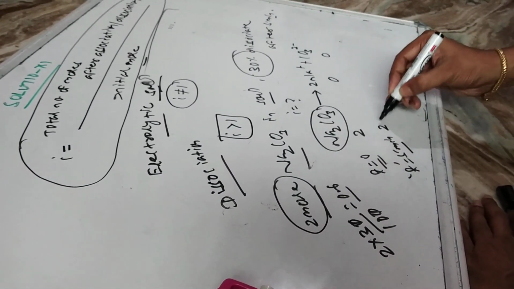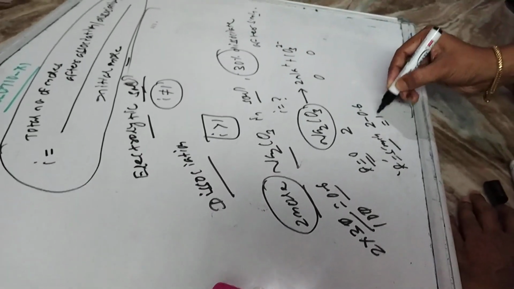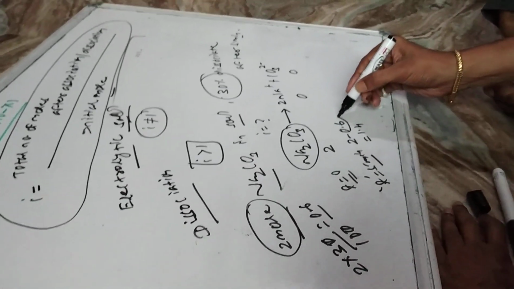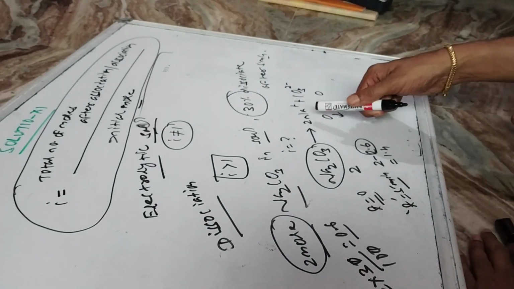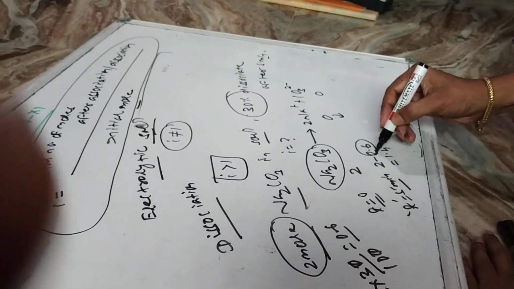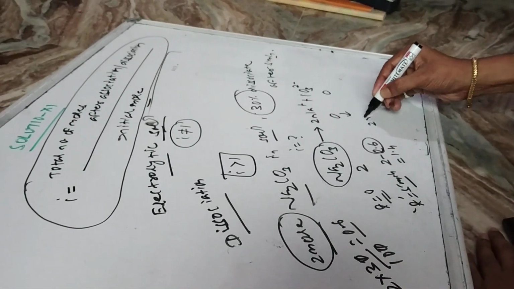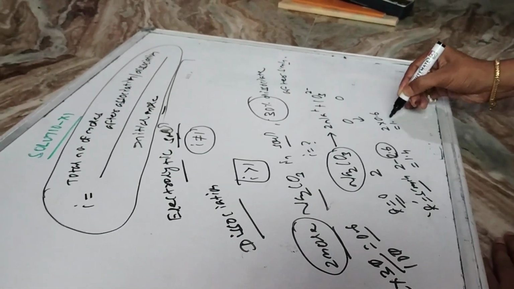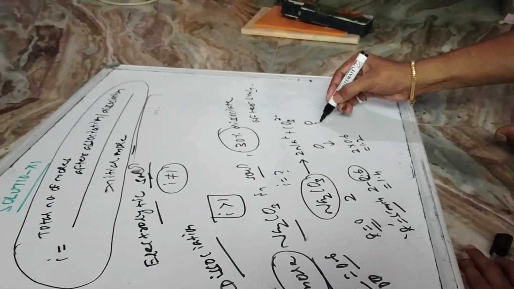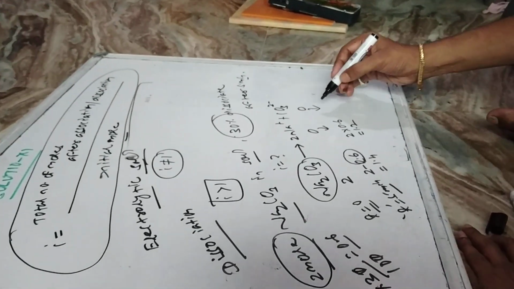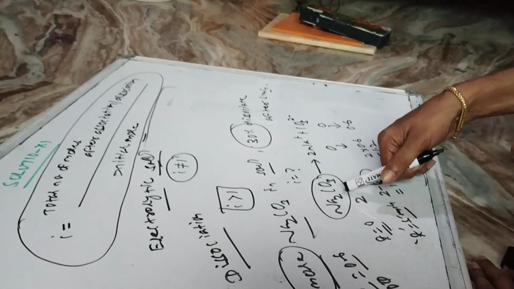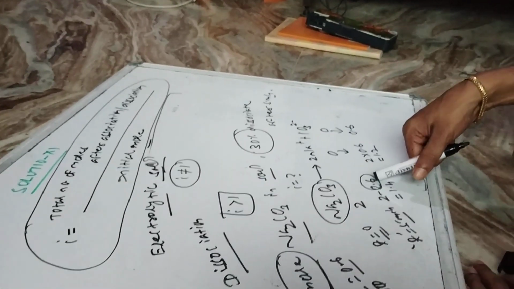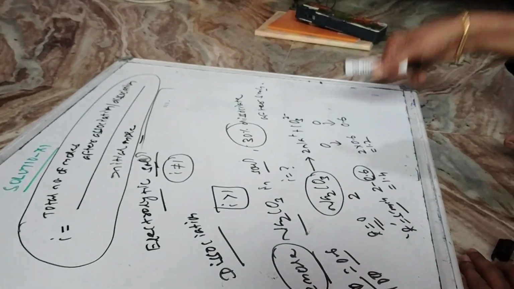So the amount left is 2 minus 0.6, that is 1.4. If 0.6 mole dissociates, how many moles of Na plus will you get? If 1 mole dissociates, you will get 2 moles. So if 0.6 mole dissociates, you will get 2 into 0.6, that is 1.2 moles. And how many moles of carbonate will you get? You will get 0.6, because if 1 mole dissociates, you get 1 mole, so if 0.6 mole dissociates, you get 0.6 moles.